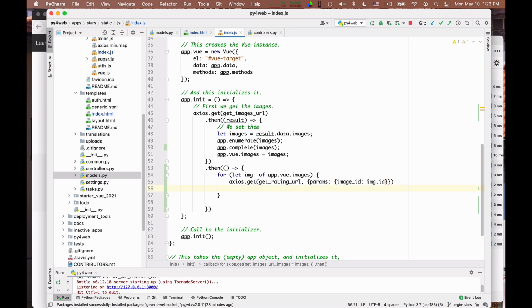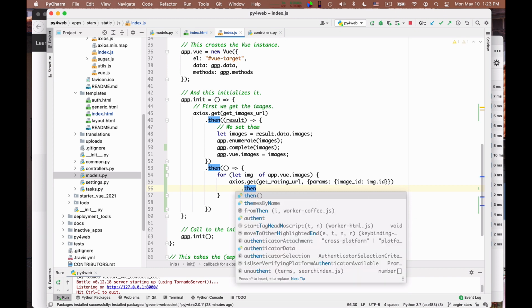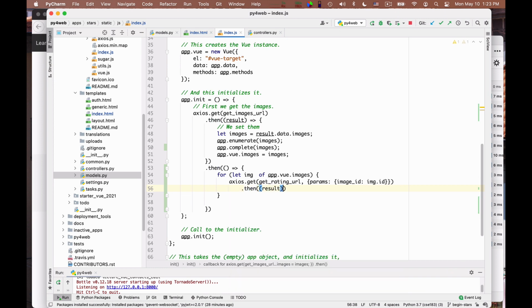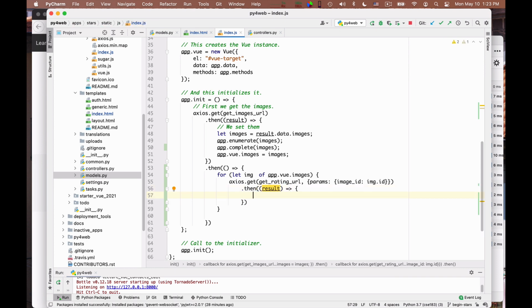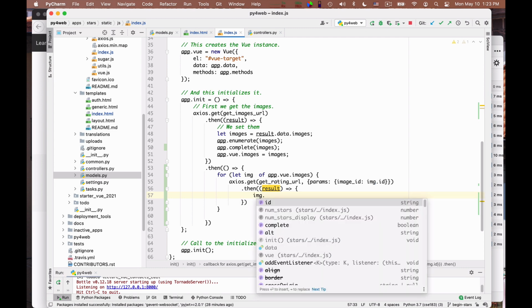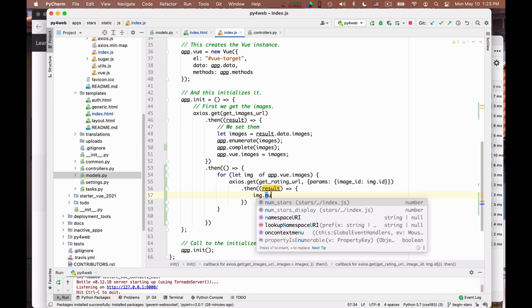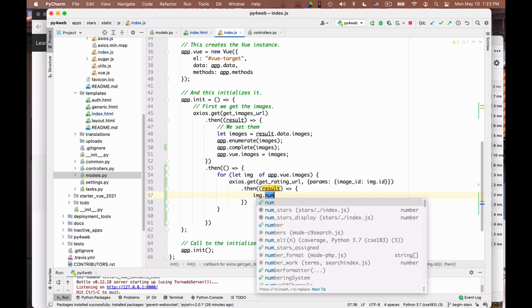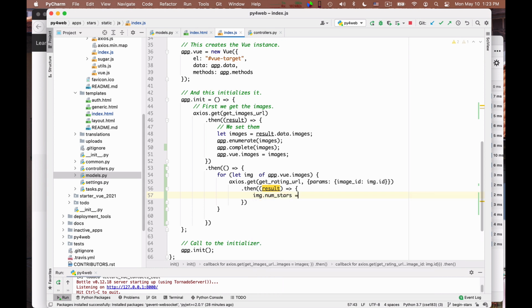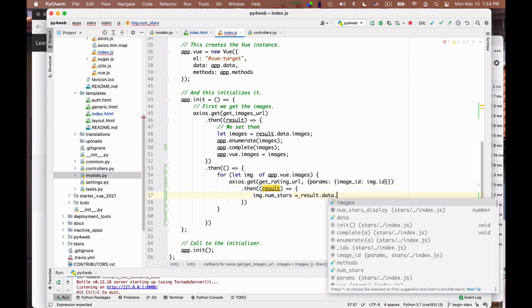Okay, so once I do this, I say then result. So I've gotten the rating for the particular image. And what I want to do is this: I want to say image dot number of stars, num stars, is equal to result data.